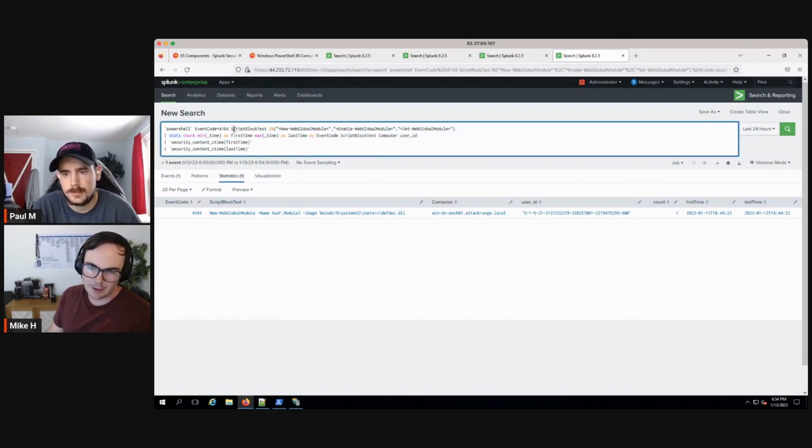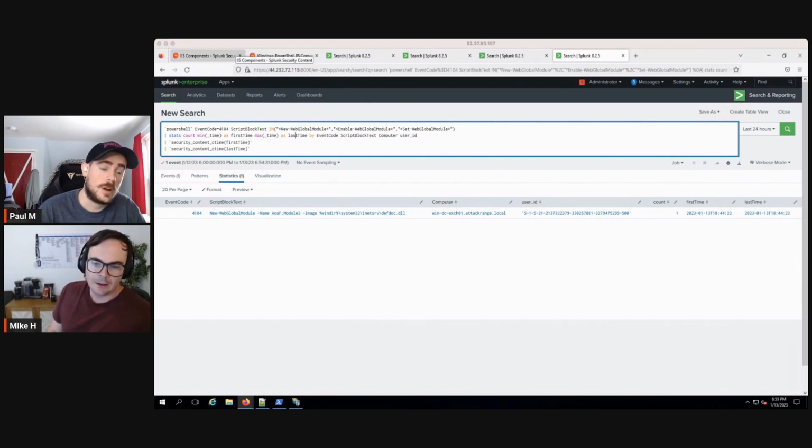So if you're collecting script block logging, or if you haven't seen script block logging from PowerShell 4104, this is quite the money for any org or any SIEM vendor. 4104 is quite magical for PowerShell. And yeah, see all our new modules. And if your EDR doesn't collect script load data, you should go yell at them and